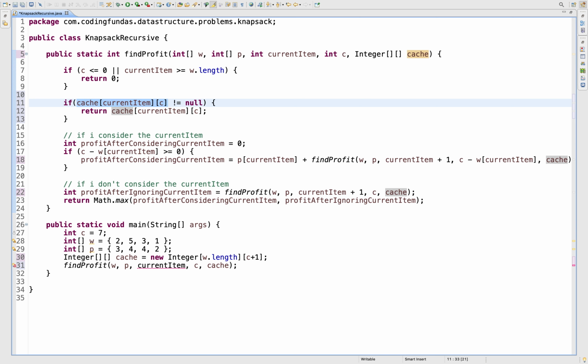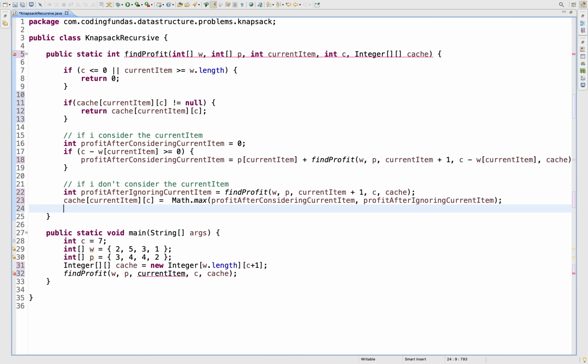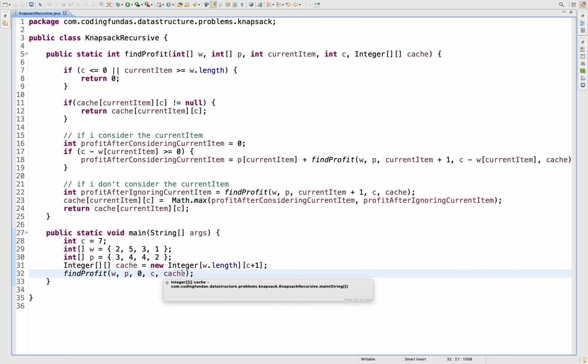So we'll copy it from here and store it in cache, and return the same value. I hope this restructuring of the code is clear to you. Let's see why it is giving, yeah, here it should be 0, because in the starting state the current item will be 0. I hope this restructuring is clear to you.